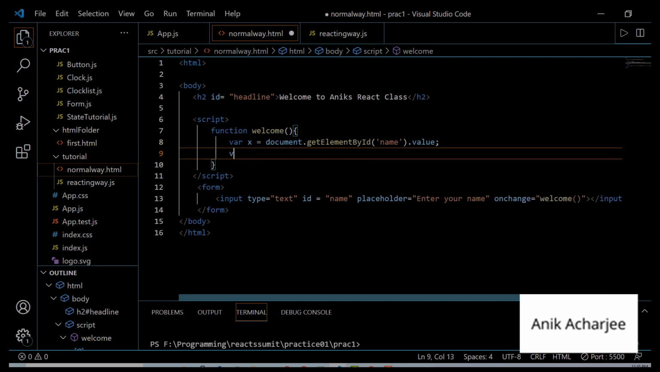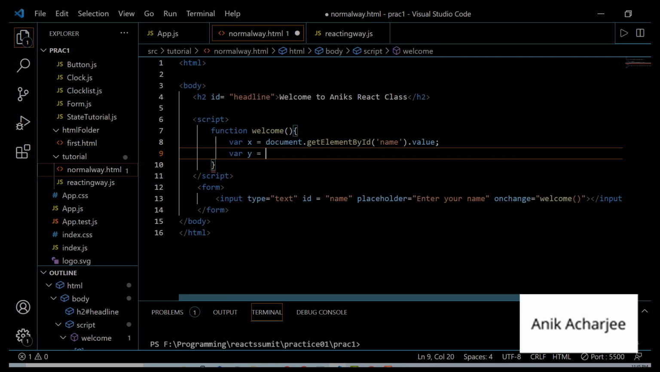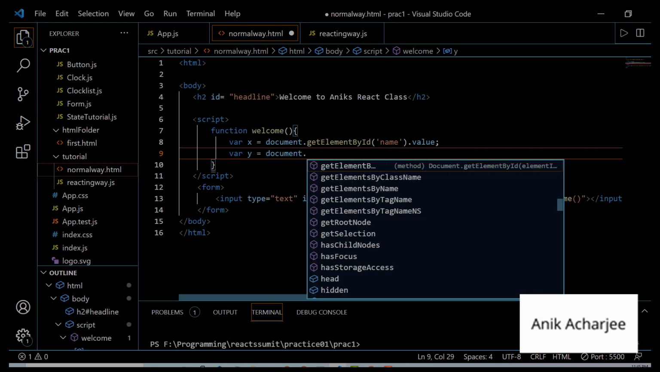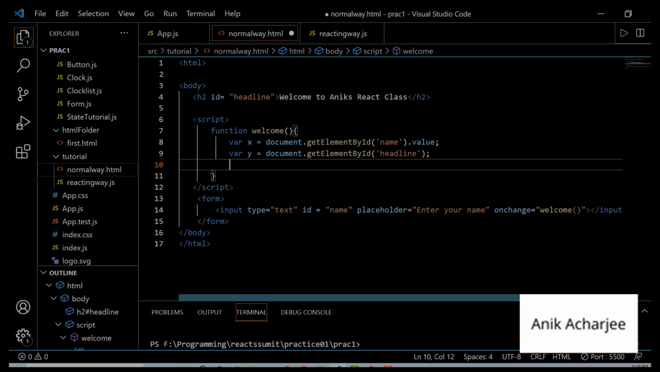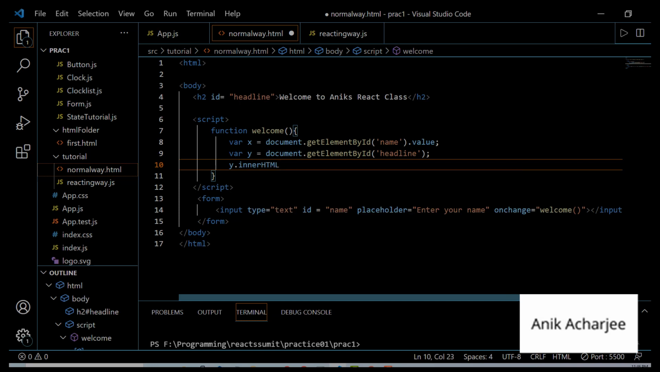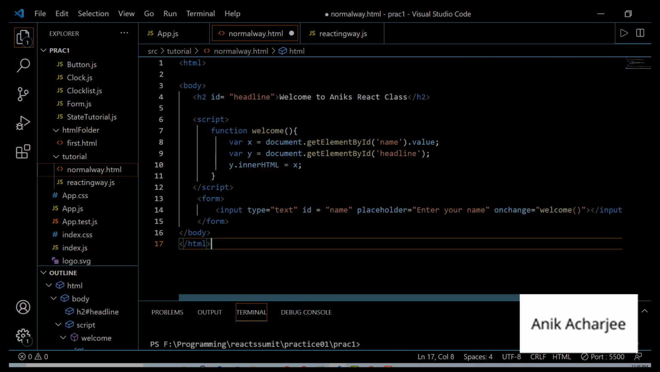And with another tag, var y equals document.getElementById. This is the headline where we want to show our output, and y.innerHTML equals x, we want to show x. If we run this code,